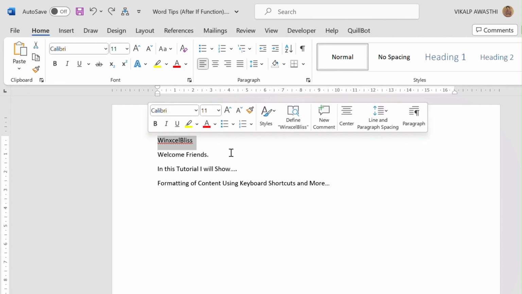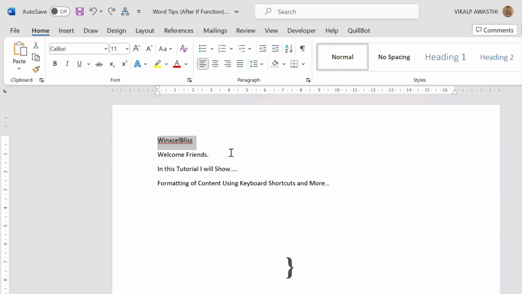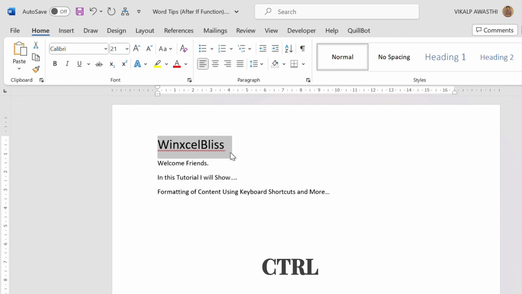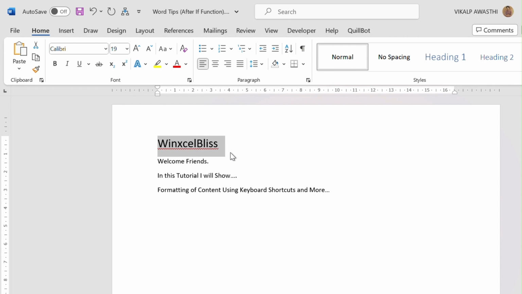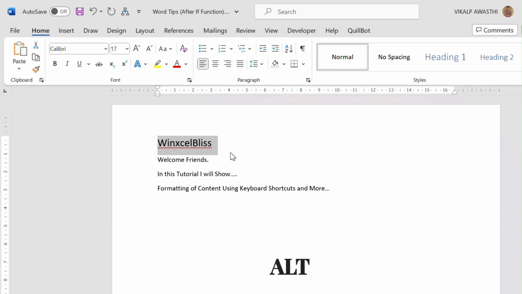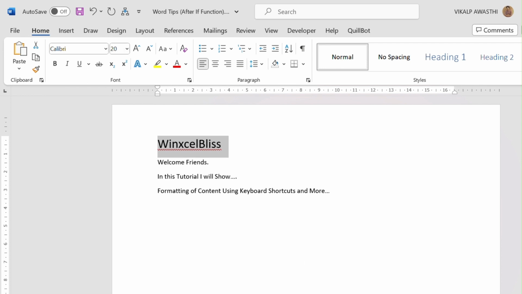On the keyboard, press the close curly bracket key while the Control key is pressed to increase the font size, and press the Control key and the open curly bracket key to decrease the font size. You can do it manually by pressing Alt, H, F, S and typing a number to increase or decrease the font size. Then press Alt, H, A, C to align text in the center,